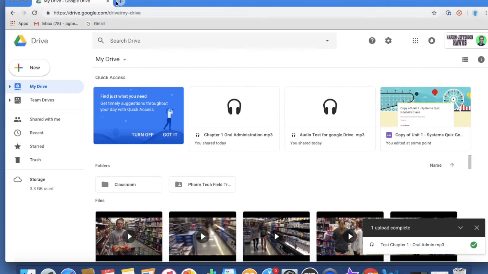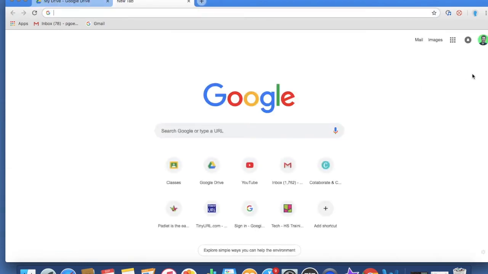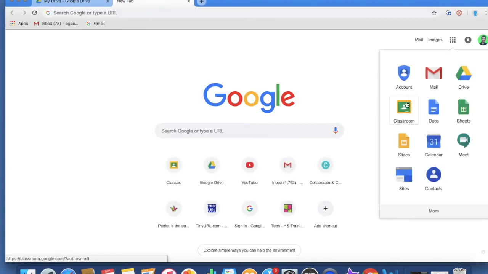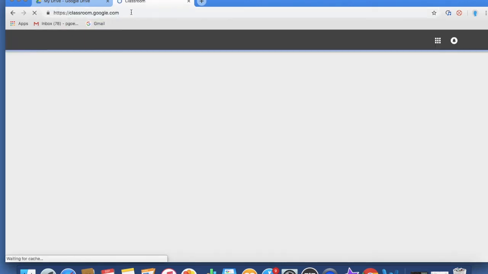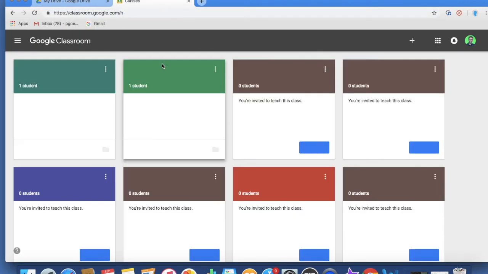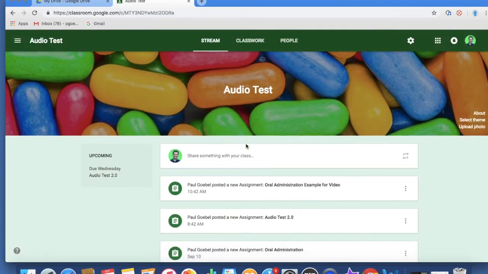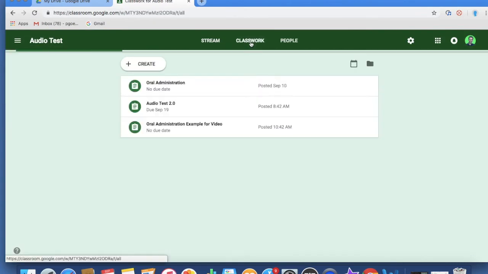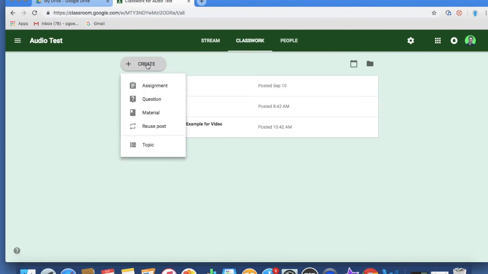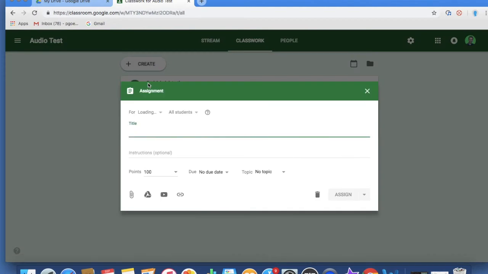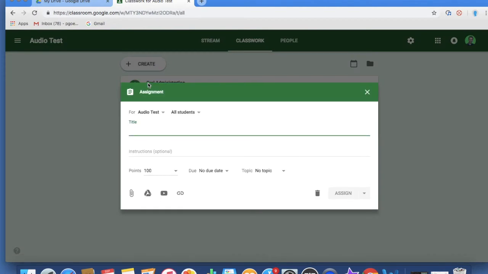Now we're going to go ahead and do classroom, and you can do that the same way. You can pull it up here in classroom, or you can go ahead and type in classroom.google, and it's going to pull that up. I have created a little audio test class that we do this, and so we're going to go ahead and we're going to go into classwork and we're going to create our assignment. So when we create our assignment, first of all, we can go ahead and